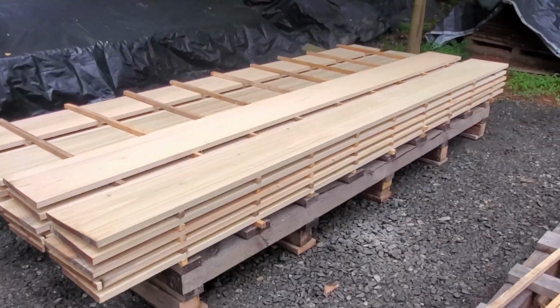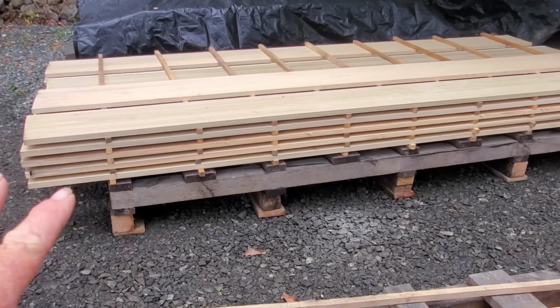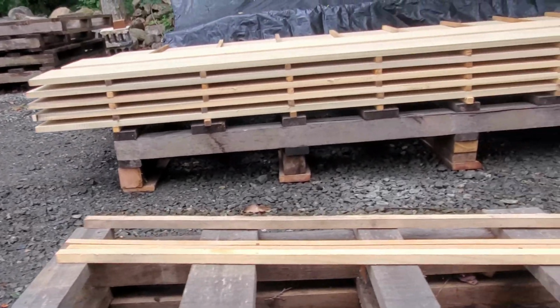All right, so folks, that's about it. That's how we do it. It's a little time consuming, but if you want good lumber when it's dried, that's how you've got to get it done. You can see all the stickers nicely lined up with one another